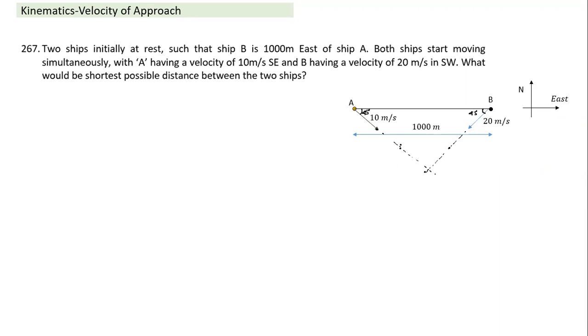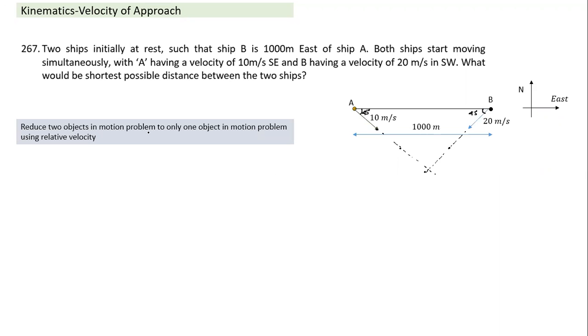When both are in motion, it's difficult to comprehend how the distance between the two will change. For such questions we can use the concept of reducing a two-object motion problem to only one object in motion, the other at rest. If we observe from the ground, both will appear to be moving. But if you get onto ship A and observe B from the ship, A will appear at rest, and B alone will appear to be moving, but at a different speed, with the relative velocity. That's the concept.